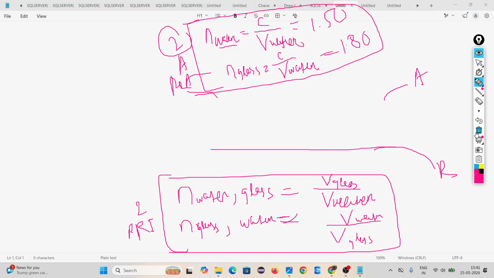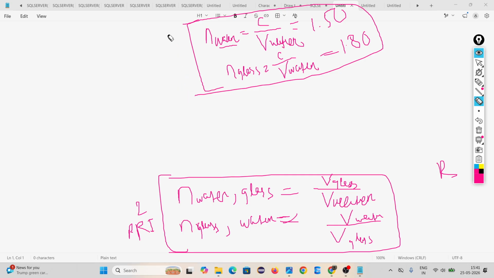Look, these are the given things. We have to find the refractive index of water with respect to glass, and the refractive index of glass with respect to water. This is given. Look at this formula. From this formula, can I find